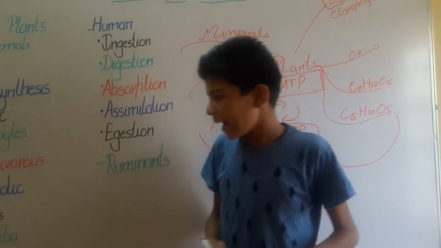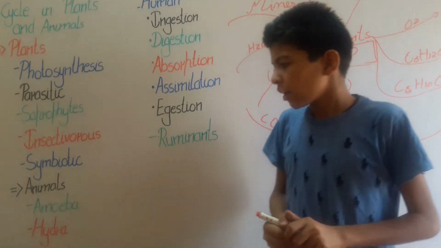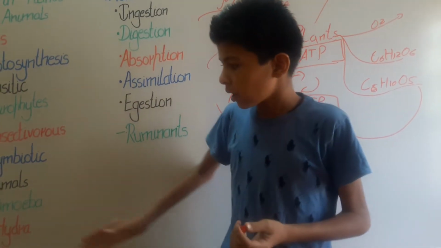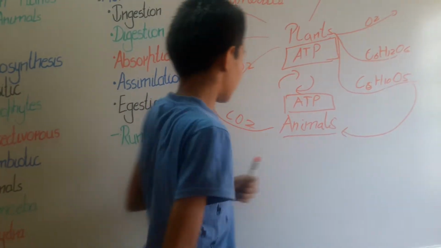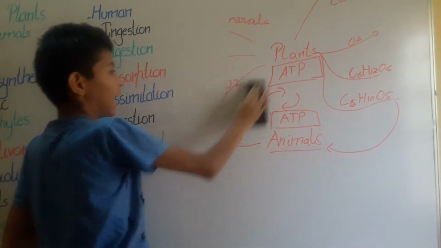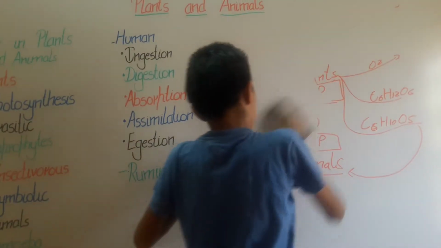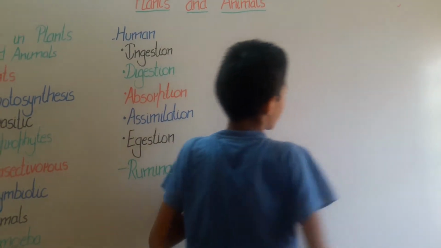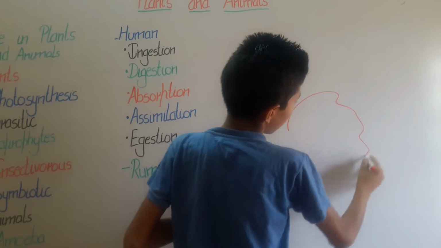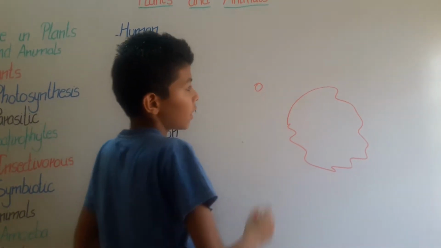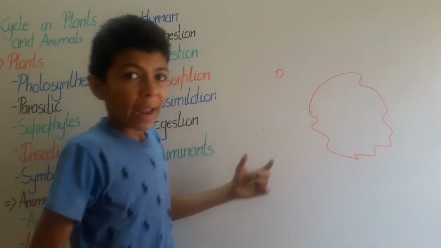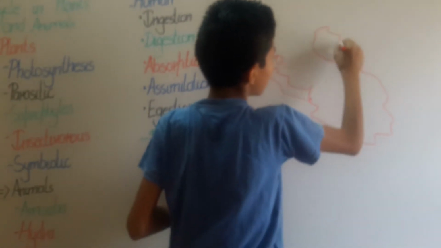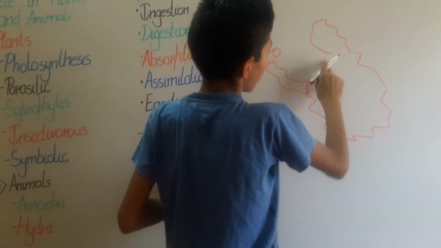And then we have digestion in animals. This is an amoeba and this is food. The amoeba senses the food and then it makes its outer covering, which is called the cell membrane, go near